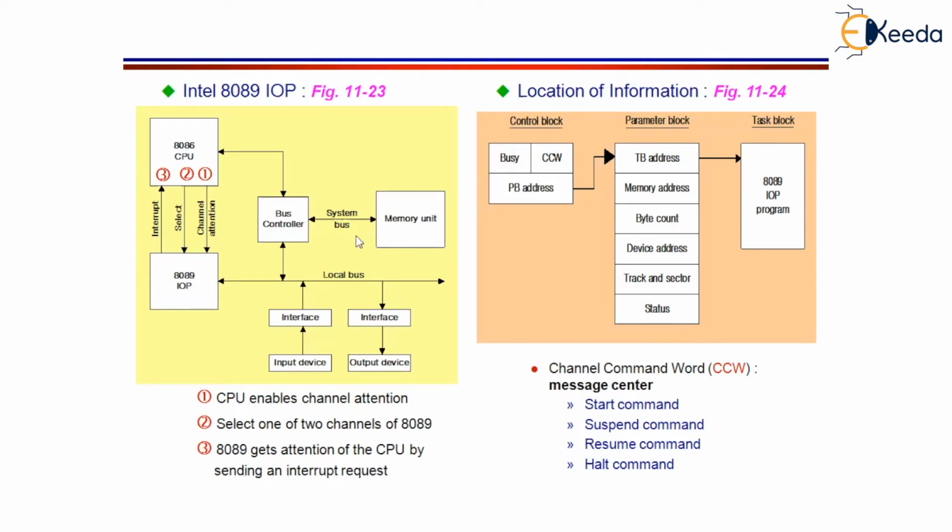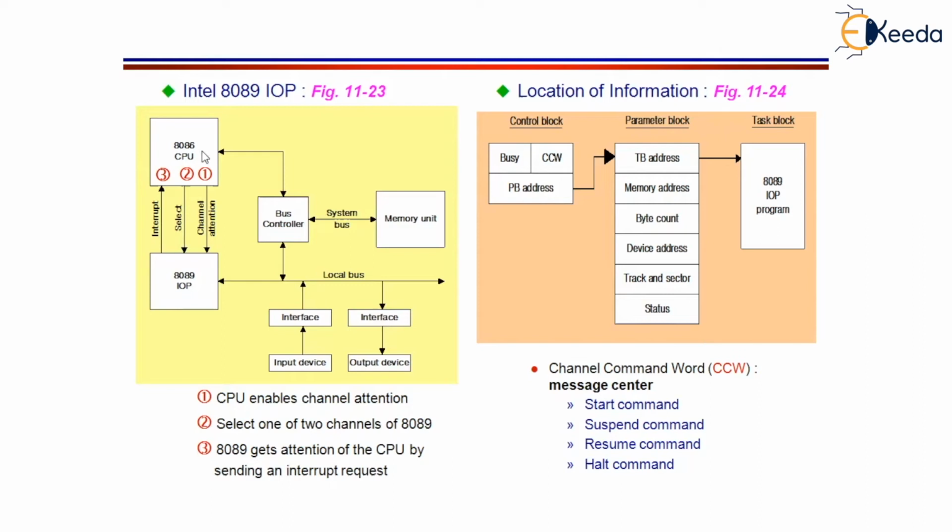In that specific space, 8086 is going to prepare a message and transfer. After which, this 8089 is going to read the message which is written by 8086. The message contains the activity or the task that is needed to be performed by 8089. Then the 8089 will carry out the task, after which it is going to use the same block in the main memory to prepare another message, after which the 8086 is going to read the message which is sent by 8089. Thereby, these two processors will be able to communicate with each other.